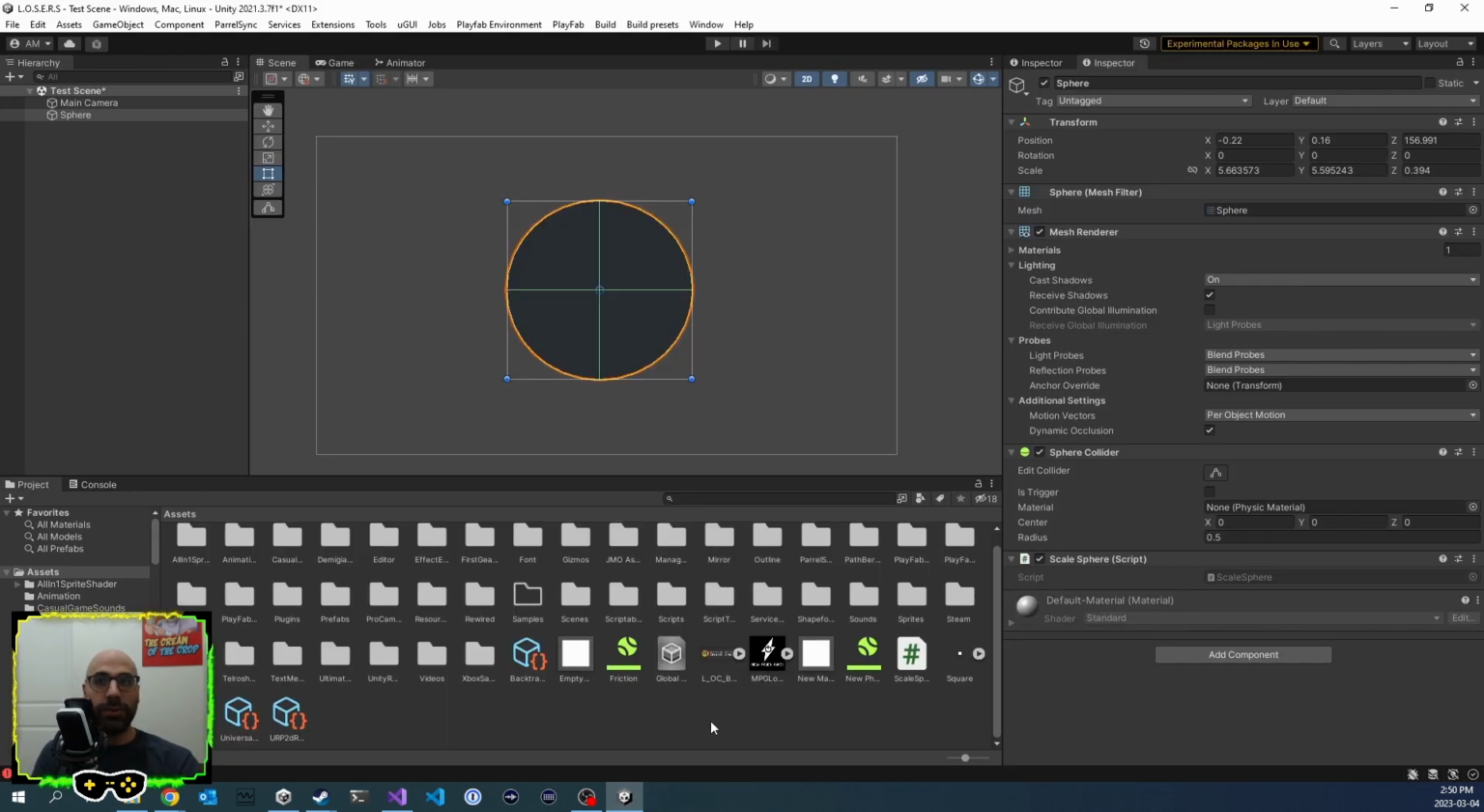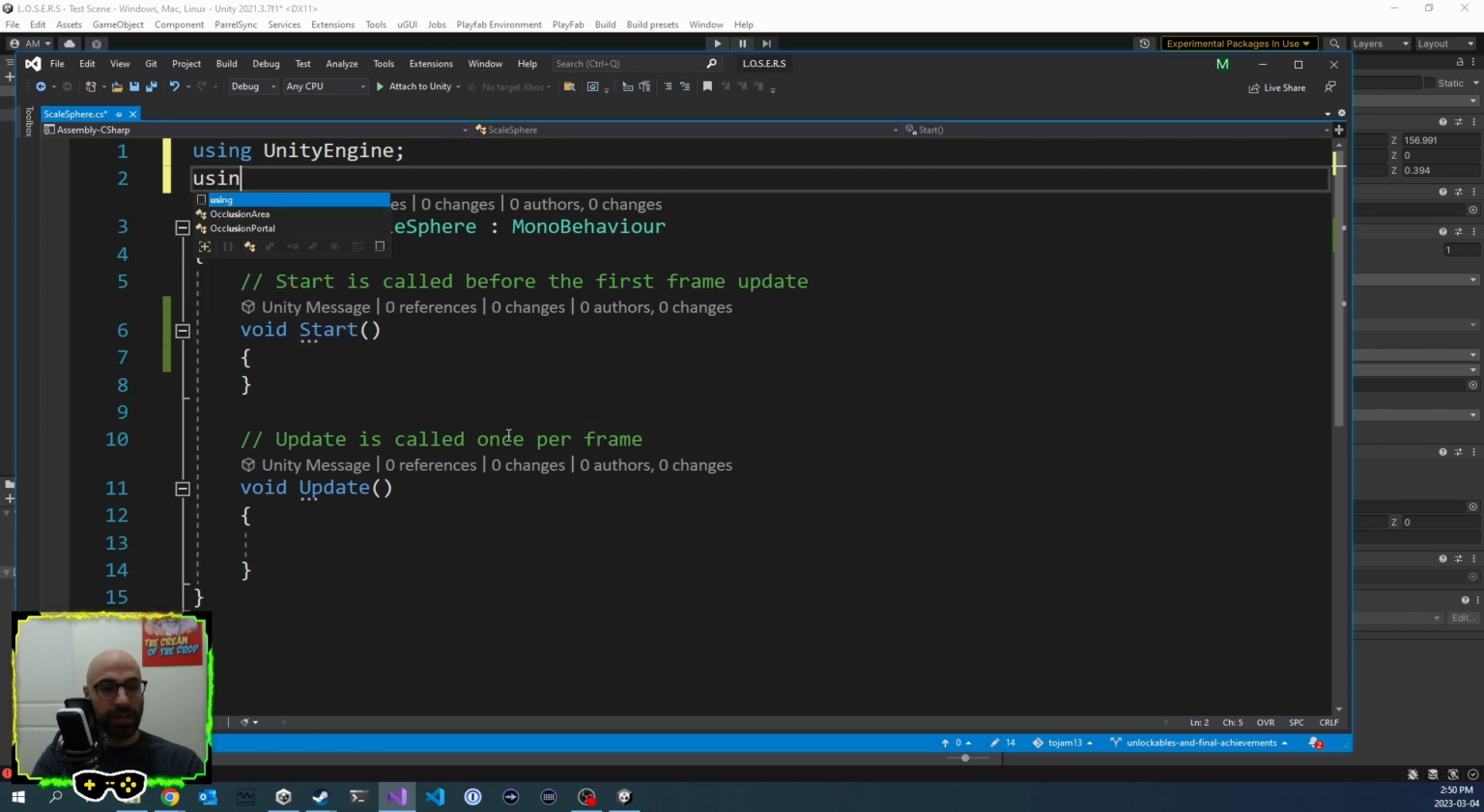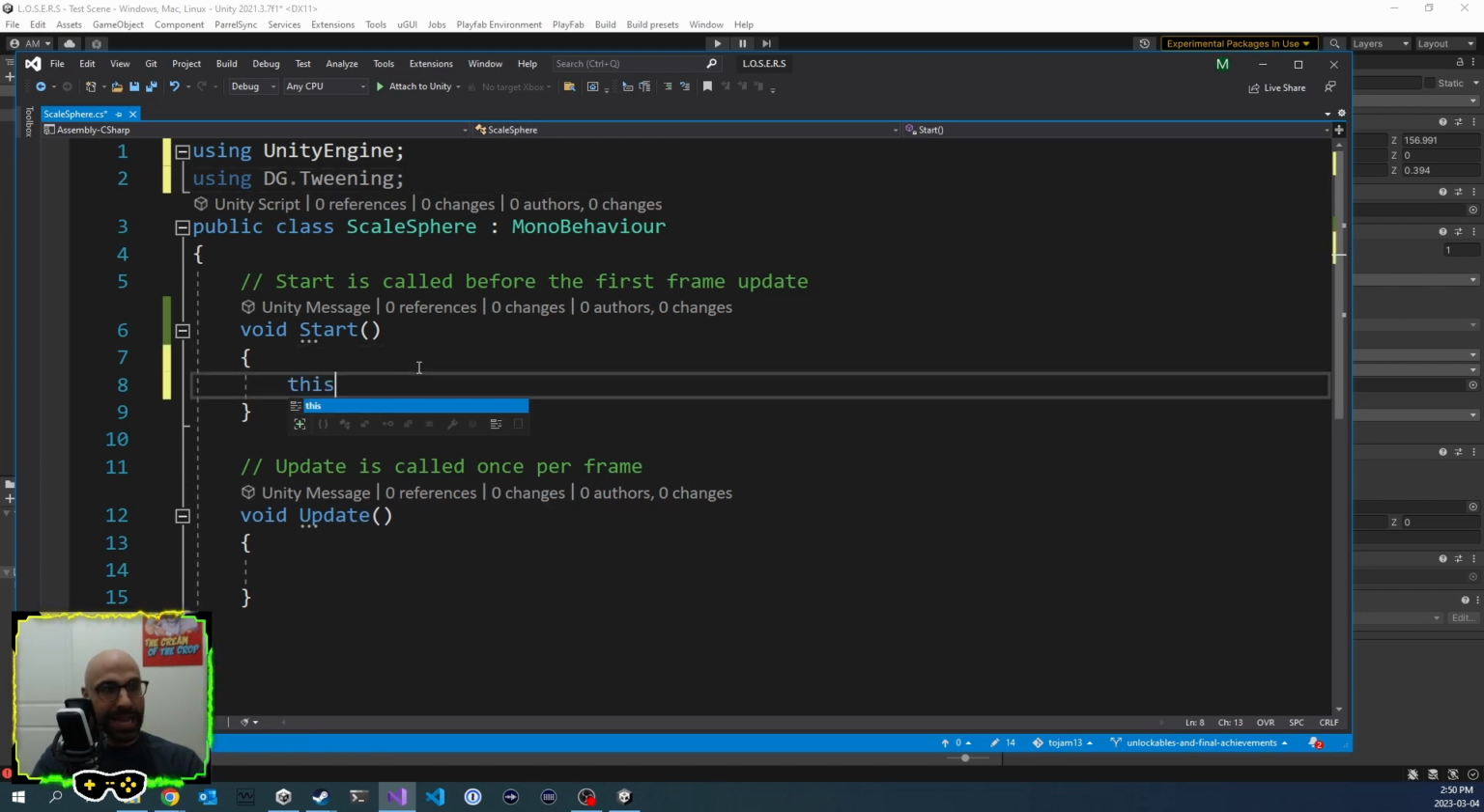So as you can see here, we have this scene. There is a sphere in the center of the scene that's rather large, and I'm going to animate this sphere to shrink down, to scale it down to a smaller size. So we will open up the script that I already have attached to this called ScaleSphere. It's bare bones right now, so we're just going to quickly first import DOTween, so we can take advantage of its functions, and then actually